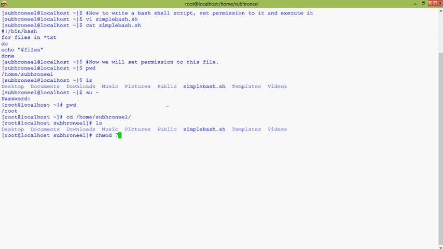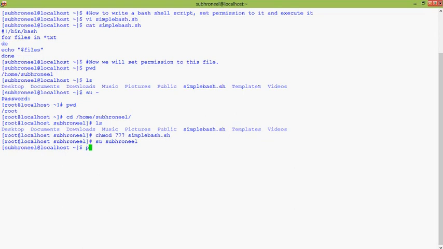Now we will run the command chmod 777, then the file name. The first 7 is the group, the second 7 is the user, and the third 7 is global. 7 sets all the permissions. 7 is the decimal value of the binary 111.